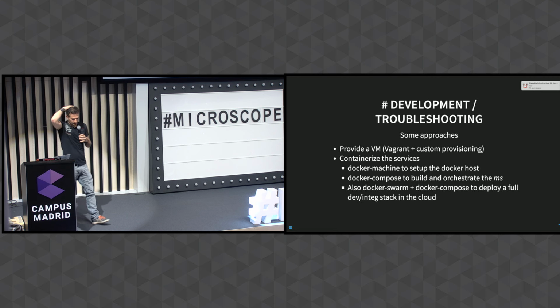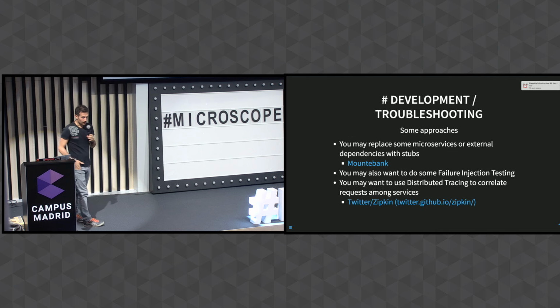and you can spawn up the full ecosystem of your microservices. Also, when you have this Dockerization in place, it's quite helpful to use the combination of Swarm and Compose to just deploy a full stack of your microservices ecosystem in a dev or integration environment. So you can run tests against it, integration tests, performance tests, load tests, whatever you need. Also,